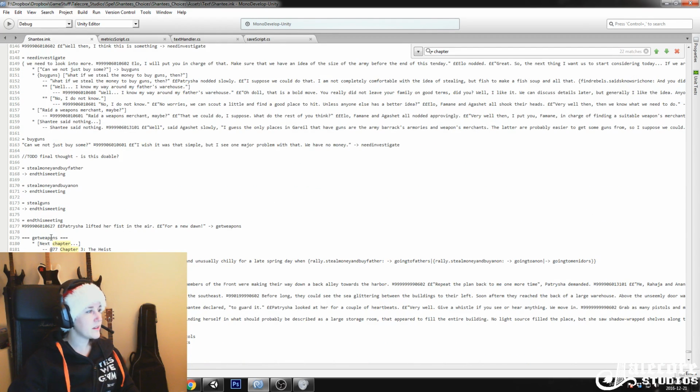And the way Ink works is that there are these, I can't remember, I think they call them stitches, maybe? It is like stitches and knots and stuff like that. I can't remember what the right word is for everything. But basically, you have these nodes that you can go to. So these things with arrows, they tell you, okay, when you come to this point, you should go to this other point.